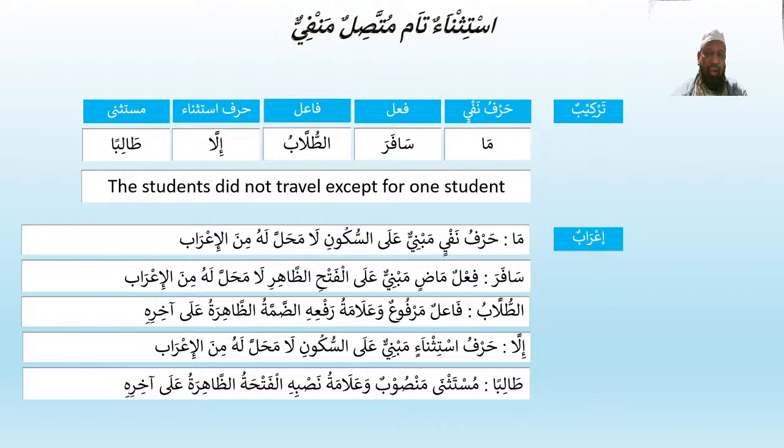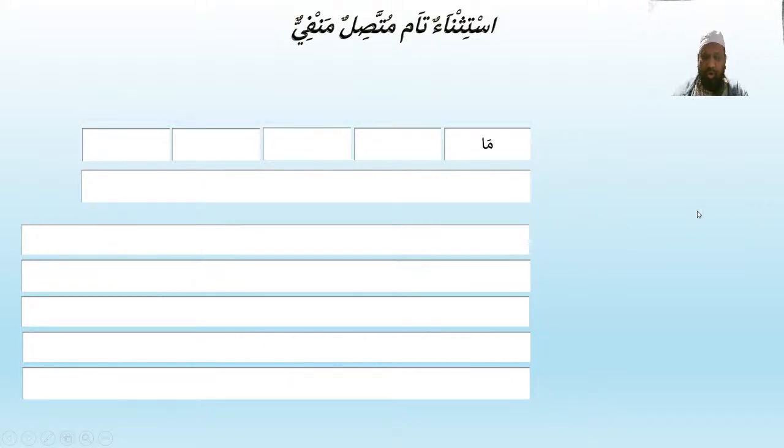So here we are allowed to make the طالب مستثنى and apply the إعراب مستثنى, which is nasab, a mansub case. All right. Now, same example. Let's do the other i'rab because it's allowed. So let's follow the i'rab of mustasna minhu. Okay. So you're going to have the same example. Now look at the mustasna now.